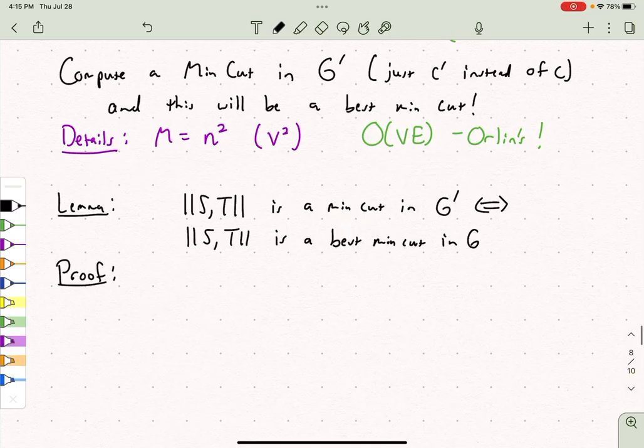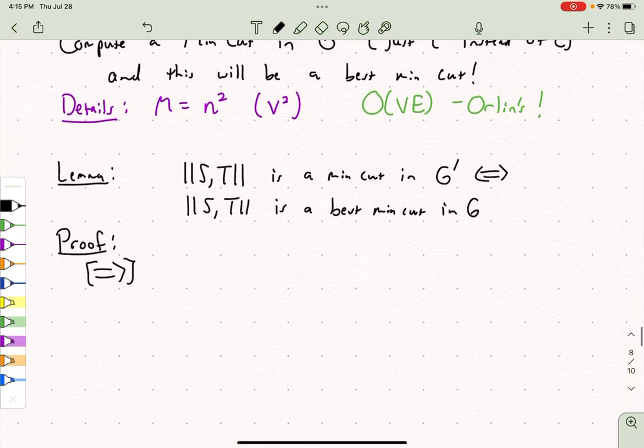But we'll just prove one direction of it because that's the most important one. So let's suppose we have a min cut in G prime. Then what can we say? Well, let's suppose for contradiction there was a smaller cut in G prime, or a smaller cut in G. So let's first just show it is a min cut. So we want any min cut